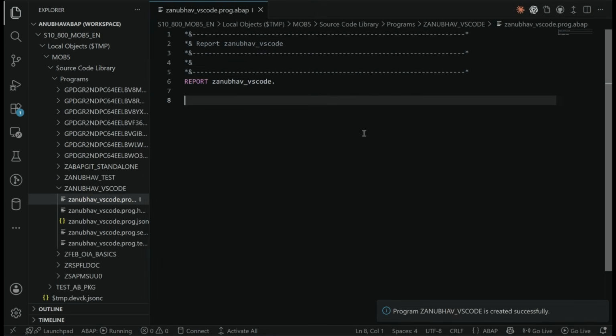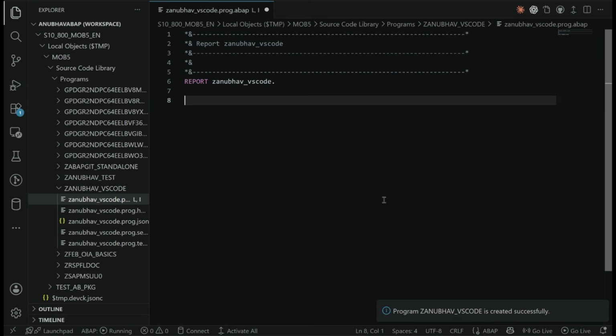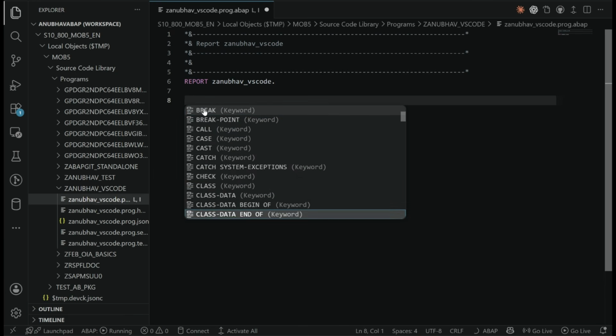You can see the ABAP program, and the best part I love about the tool is that it also provides the ability to do code completion. So Control Space, you can see all the code completion just like in the ADT tool or Eclipse tool. But somehow I observed that the performance is a little bit better compared to the Eclipse tool. Eclipse used to hang up sometimes, but in VS Code I observed it is pretty nice